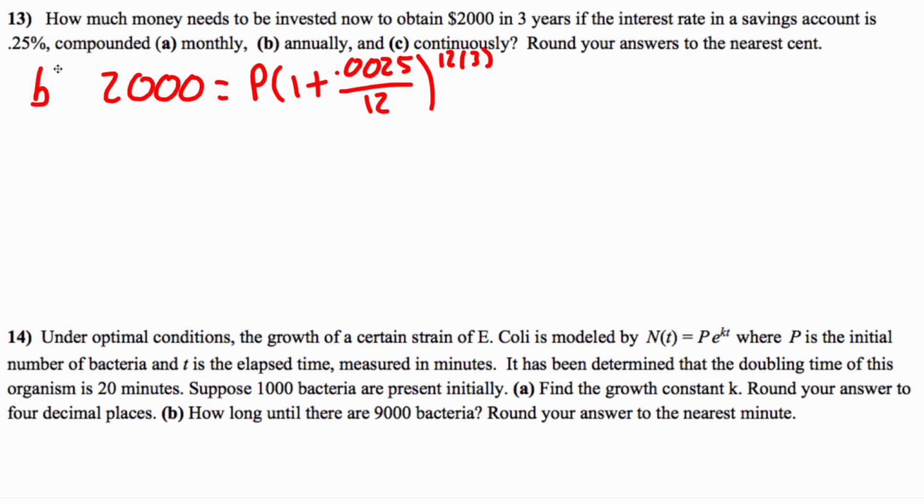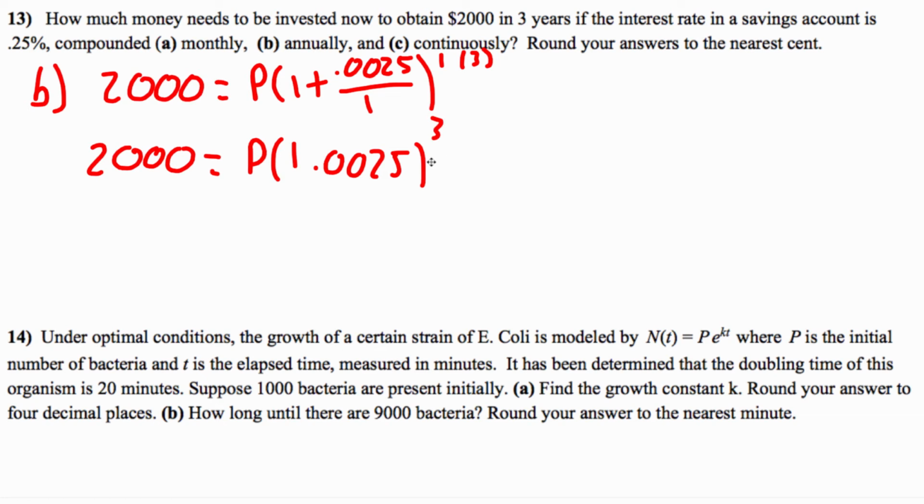For part B, our setup is going to be very, very similar, except we need to change that n value. Now we're compounding this annually, so that means just one time per year. So if we change that and type this stuff inside of the parentheses into our calculator, we get 2,000 equals P times 1.0025 raised to the third power. And if we actually do that third power, we end up with 2,000 equals P times